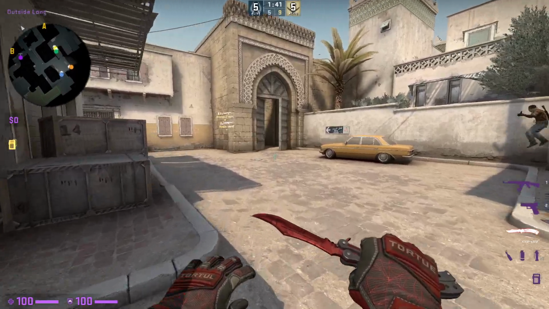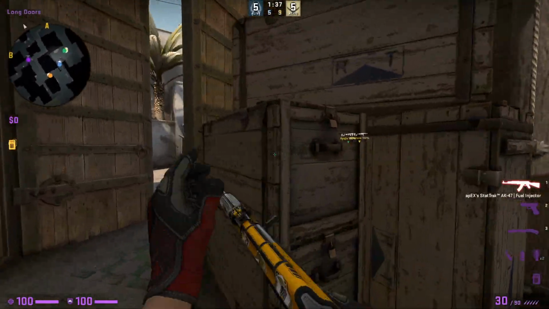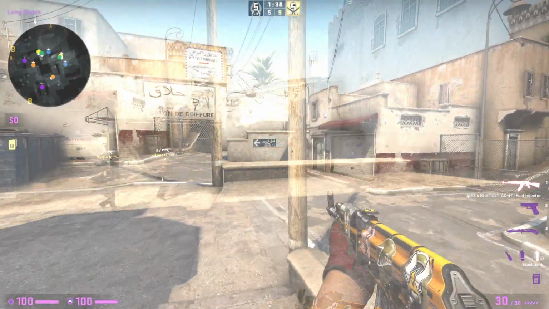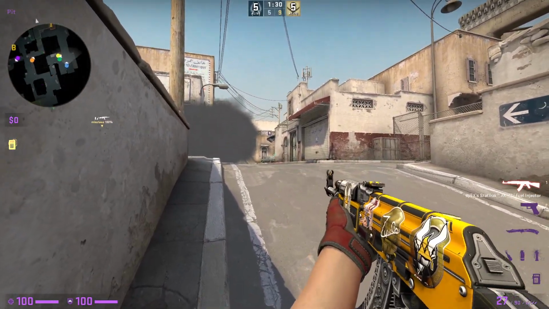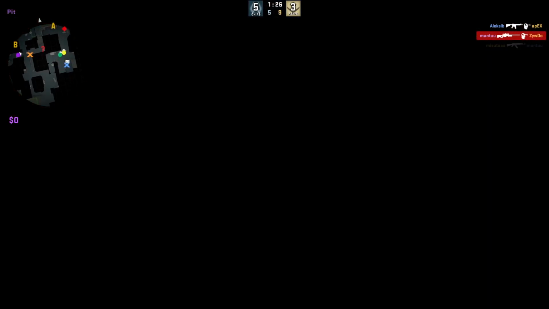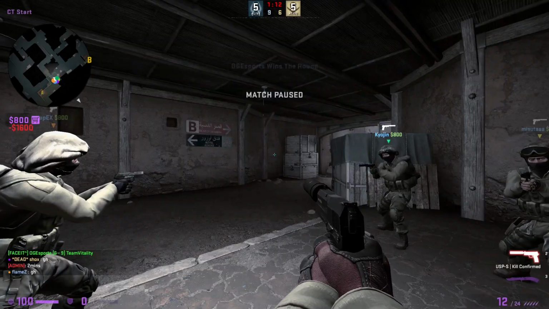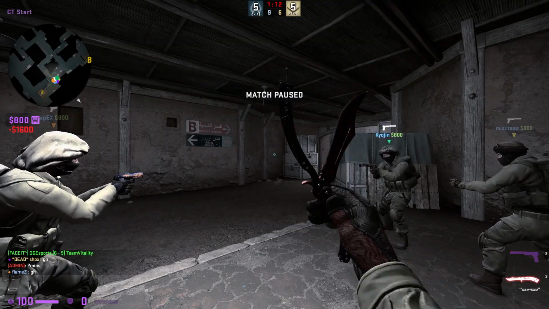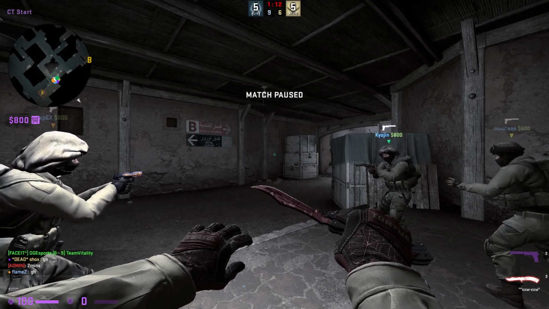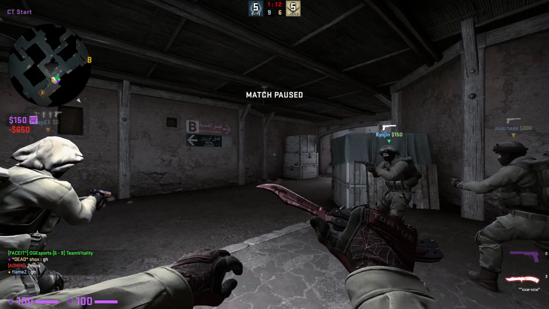Just jiggling for the unders push. Ooh, nice shot by Mantu there. That looked very fast. I don't know if he meant to cancel the molly throw there or...